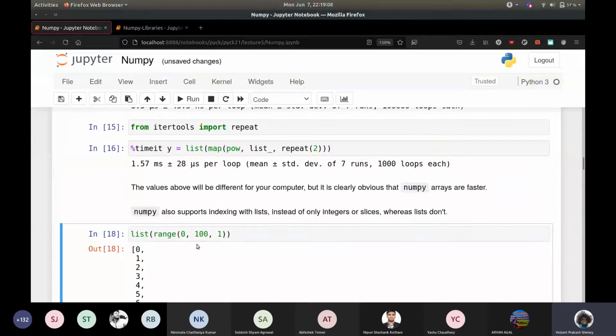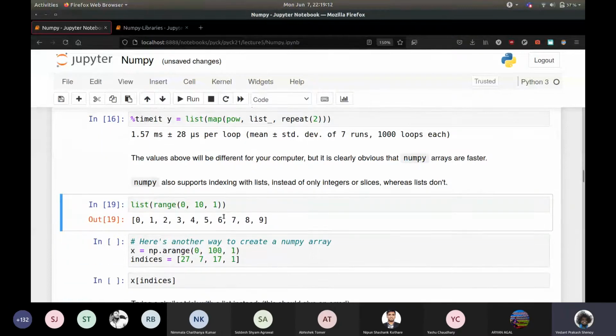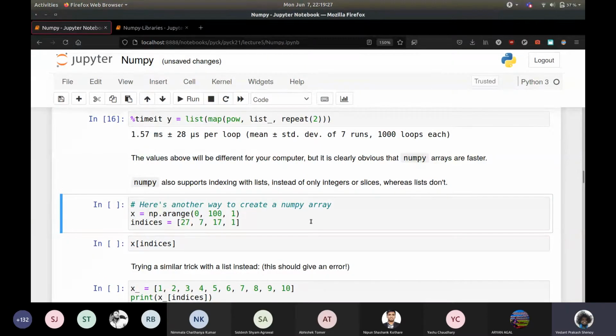I don't want to scroll all the way down, so let's just do 10. And np.arange gives you the same thing as a NumPy array. So you get 0, 10, 1. You get this entire thing as a NumPy array: 0, 1, 2, 3, 4, 5, 6 up to 9. Which is a very convenient thing that some of you might find later on.